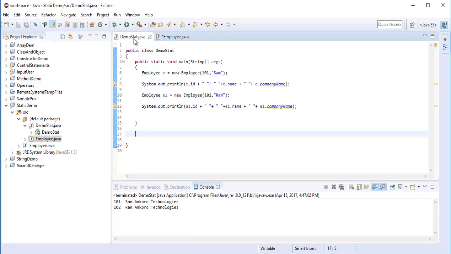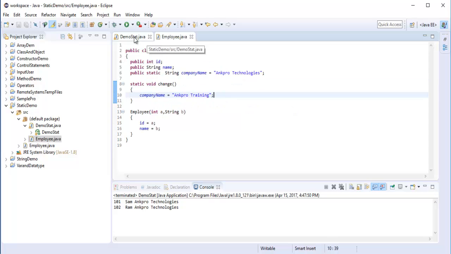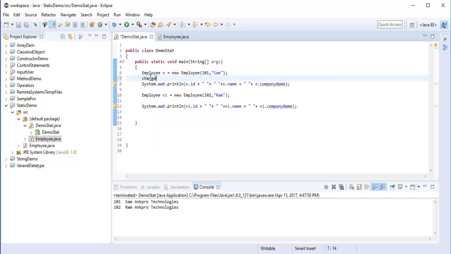Now I'll go back here and run the application. You can observe we are getting 101 SAM Ankpro Technologies. So first I need to call that method. What is the method? It is the change method. How can I call that change method directly? Because it is a static method, I can call it directly like this, without needing to create an object. Change. If I call like this, now when I run the application, you can observe it changed